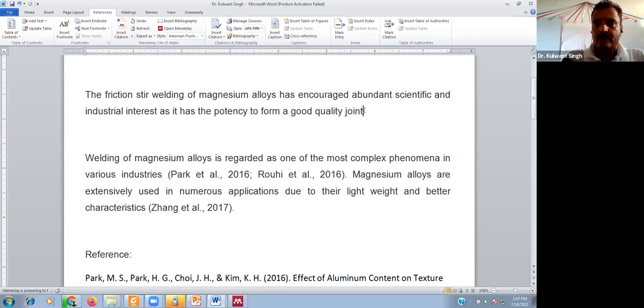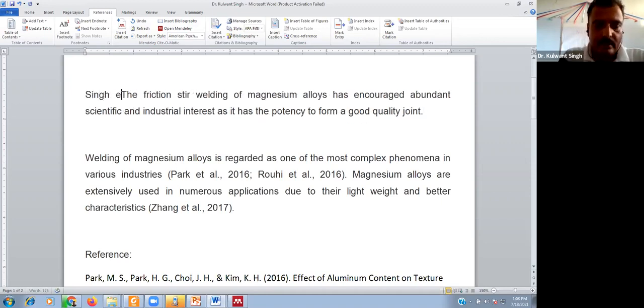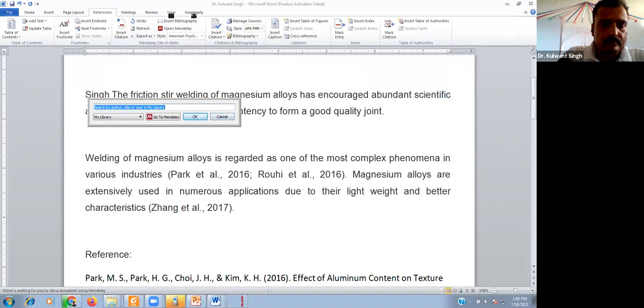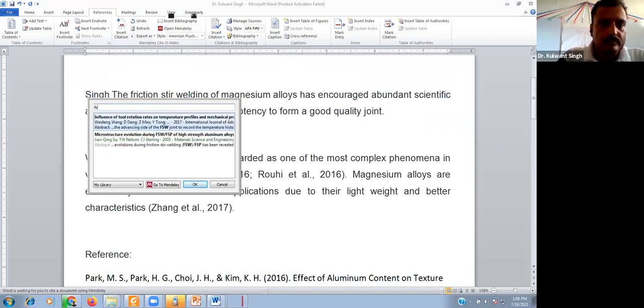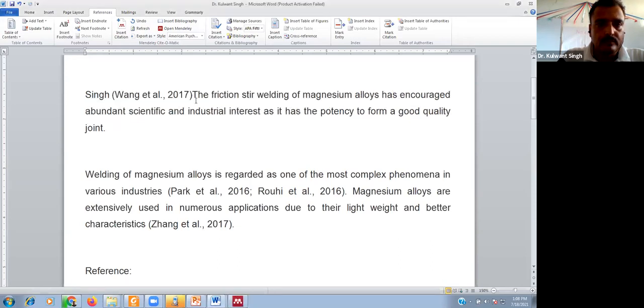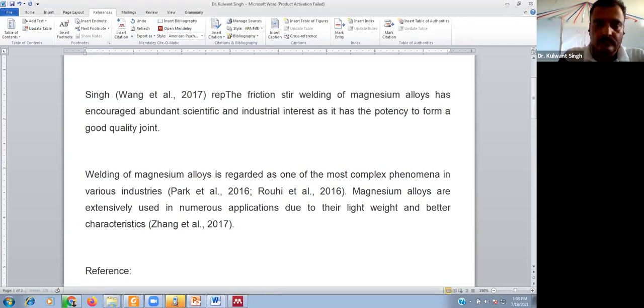Another thing we have skipped. Suppose this is the indirect citation. We are using the sentence, and then at the end of this sentence, we are quoting the authors. But sometimes we have to write like this.